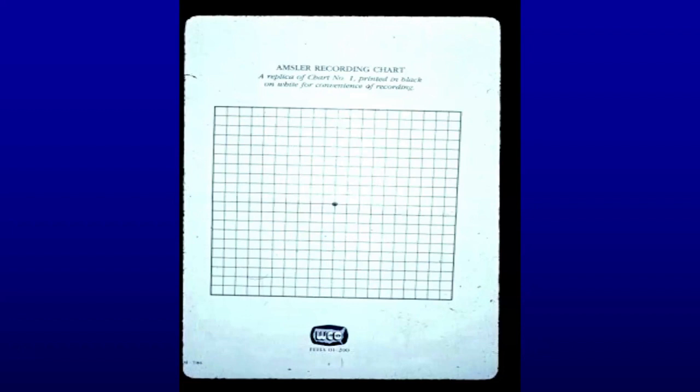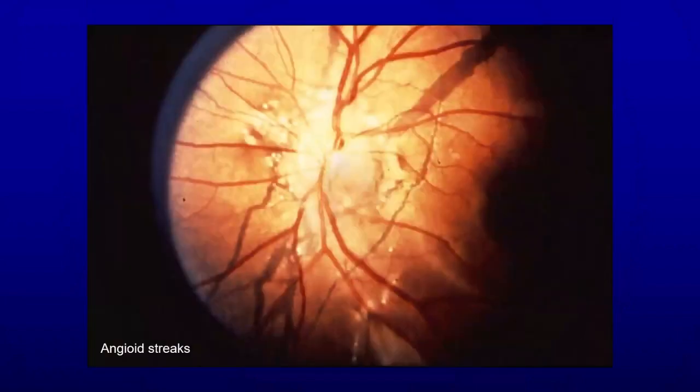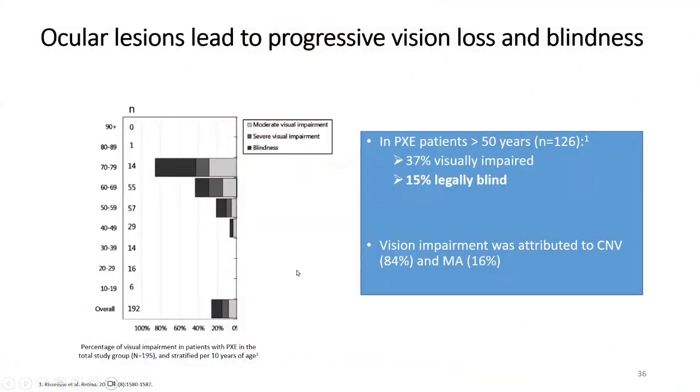And I did show you a few slides back that 15% still become legally blind, 37% are somewhat visually impaired. But certainly the numbers are dramatically better. I mean, we don't have a lot of patients becoming legally blind anymore. And back in the day, everyone did. Okay, let me go to the next slide,